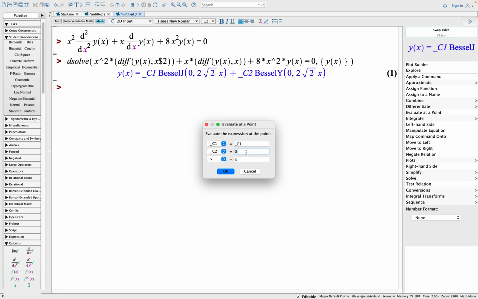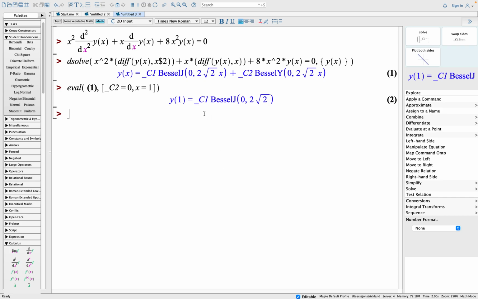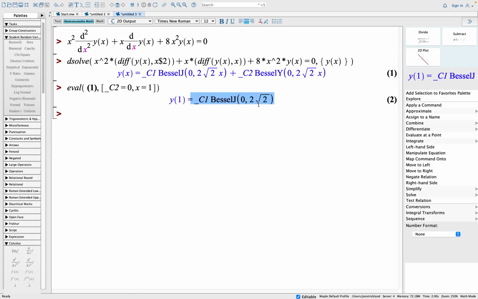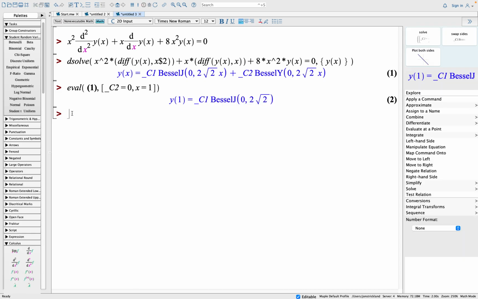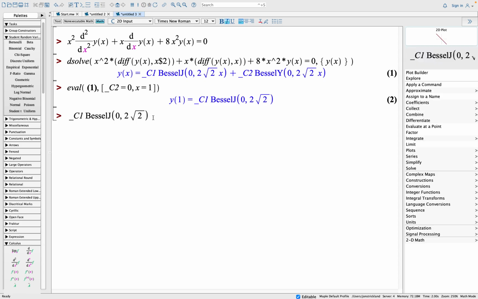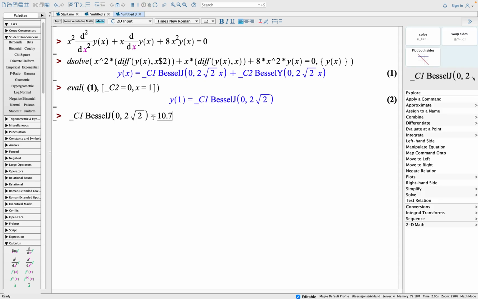And right now I'm starting out with y of 1, which is going to be 10.7, but just taking what we have for x equal to 1 and eliminating the presence of the BESSEL of the second kind, and we have this particular statement. Now we had that y of 1 is equal to 10.7, and now I want to specify just what the first constant is going to be. So if I copy what I have here and set equal to 10.7,